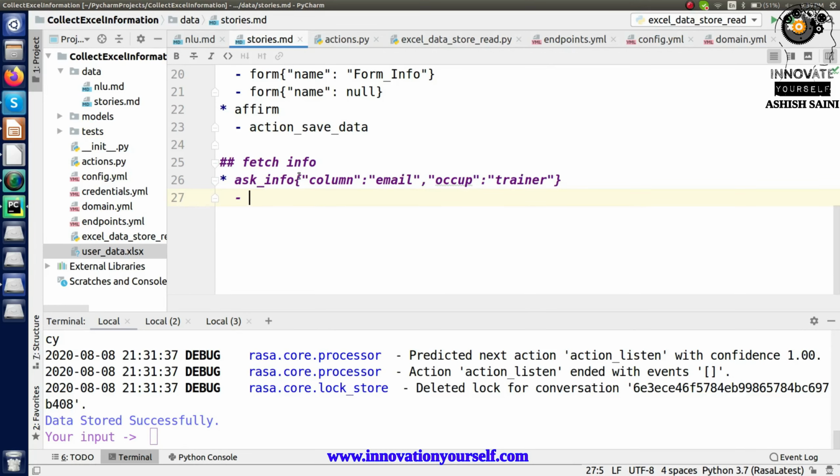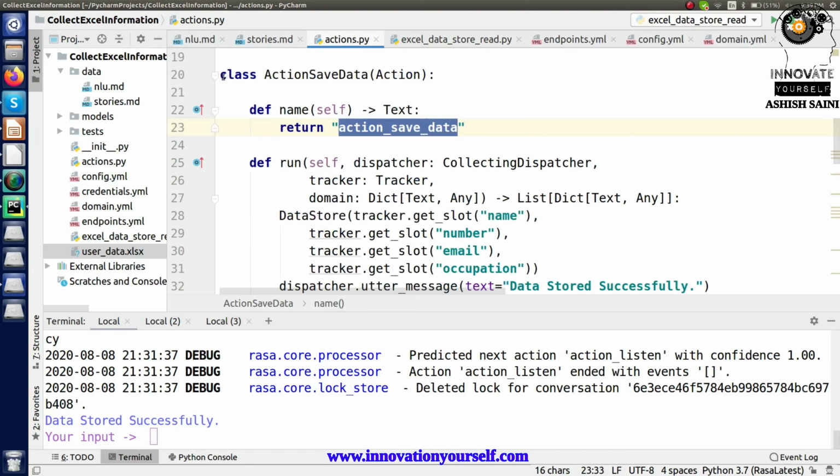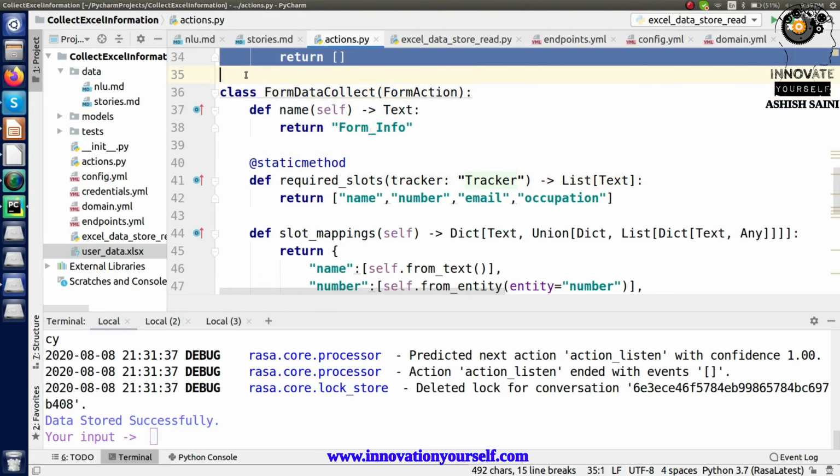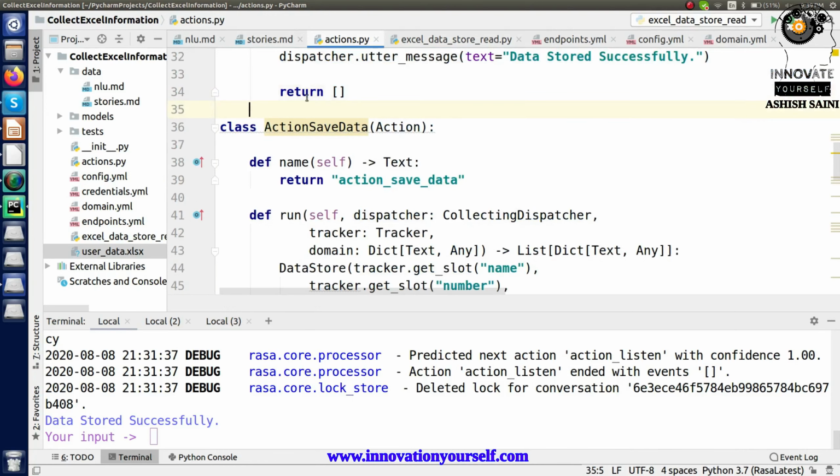Alright, so you have the values in here. Now based on that we have to create another action that will pick these values, and based on that it will find the data that you actually want. And that will be called with respect to the action that you will create inside the actions. So let's create another class for that. So let's say fetch data.